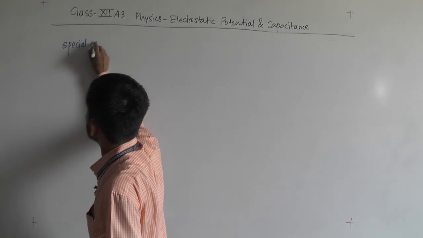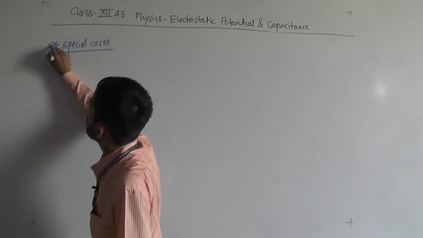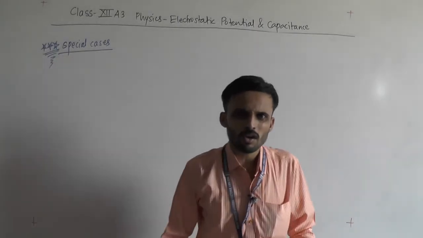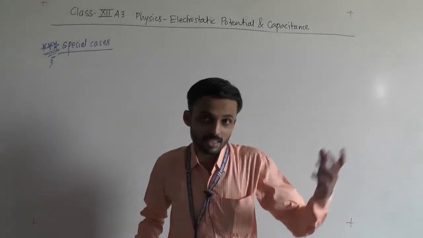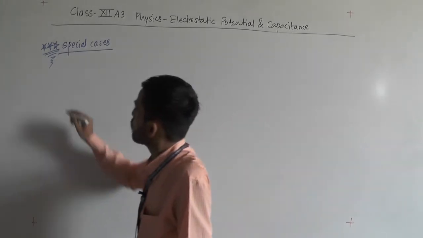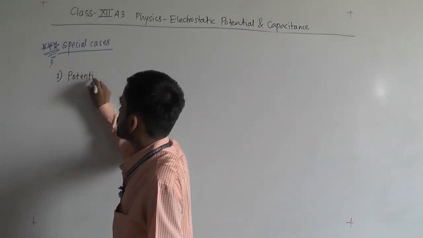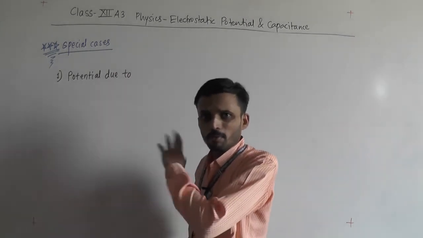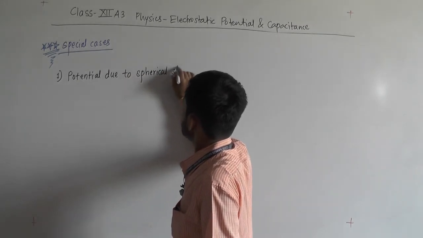So those special cases we will note down. These cases will be useful for you to solve the theoretical problems or directly formula based problems. उसका पोटेंशियल कितना आएगा, इलेक्ट्रिक फील्ड जैसे निकालते हैं. तो ये स्पेशल केस में क्या है, पहले पोटेंशियल ड्यू टू स्पेरिकल शेल, इसका डेरिवेशन नहीं करेंगे. सेम ग्रेविटेशन में भी आता है, इलेक्ट्रोस्टैटिक पोटेंशियल ड्यू टू, ये जैसे मैं लिख रहा हूँ वैसे आप नोट डाउन करो. पोटेंशियल ड्यू टू स्पेरिकल शेल,